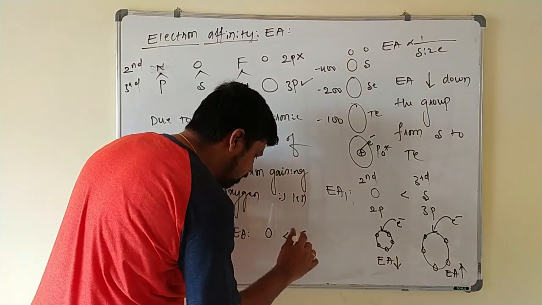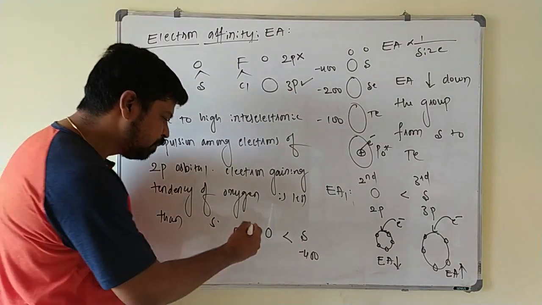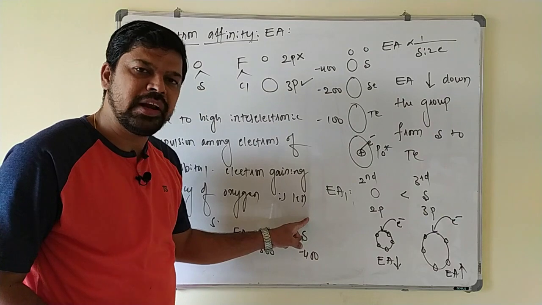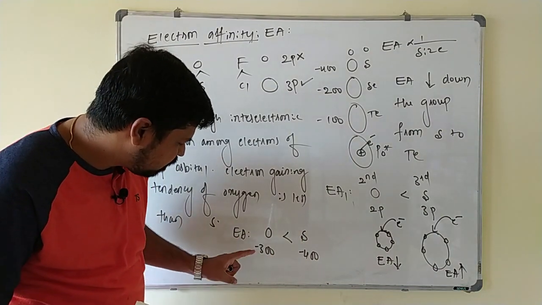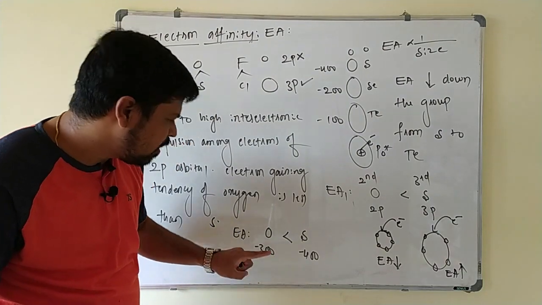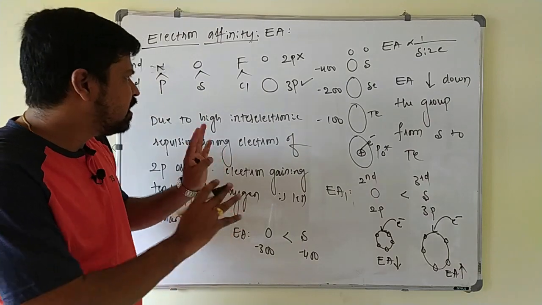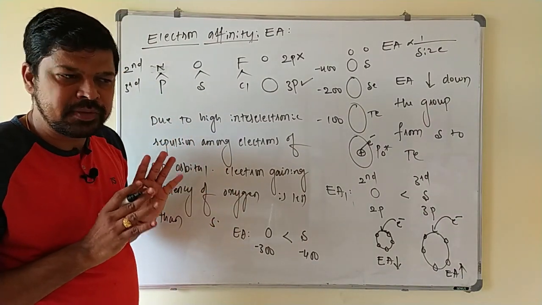See here, sulfur has a more negative electron affinity value, like I will take minus 400. For this one, for understanding, I will take minus 300. More negative value means more electron affinity, less negative value means less electron affinity value. So these minus 300, minus 400, minus 200, whatever I have written, are just for understanding purposes only, not the exact values. So this is about the electron affinity of group 16 elements.